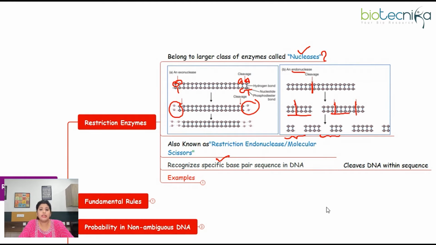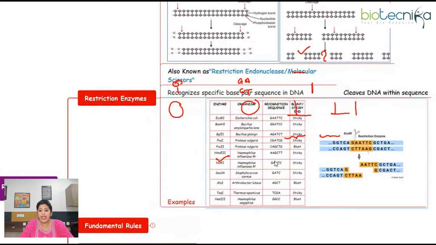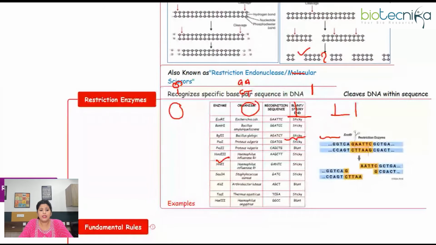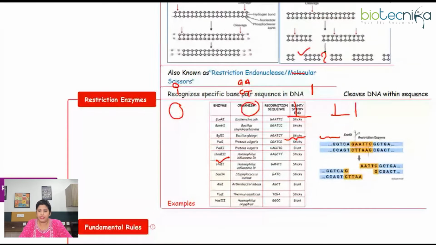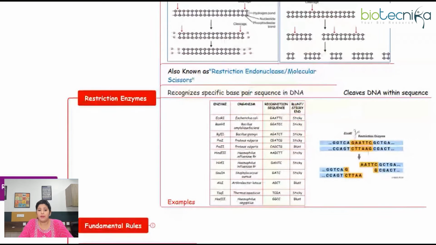They recognize the specific base pair sequences in the DNA, and they cleave the DNA within the sequence. So here you can see the examples of restriction enzymes. Now, when you talk about the classification of restriction enzymes, they are broadly classified into type 1, type 2, type 3, and type 4. As we are not discussing restriction enzymes in detail here, I will not go into detail. But yes,